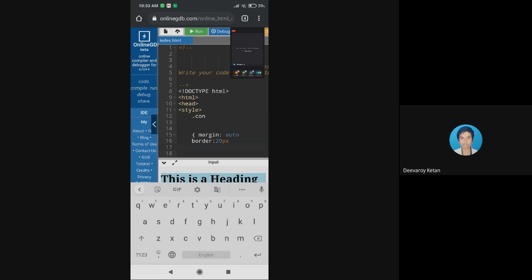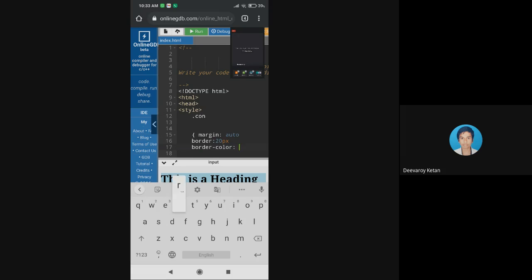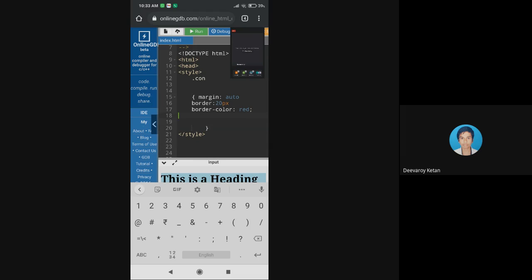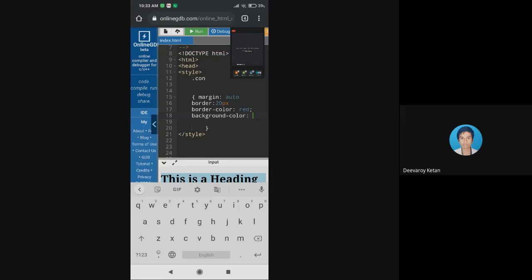Then I want to fill the background color also. Okay, background color we have taken.